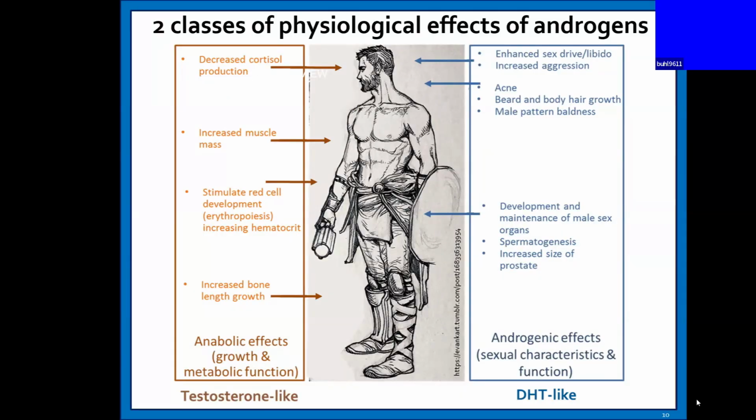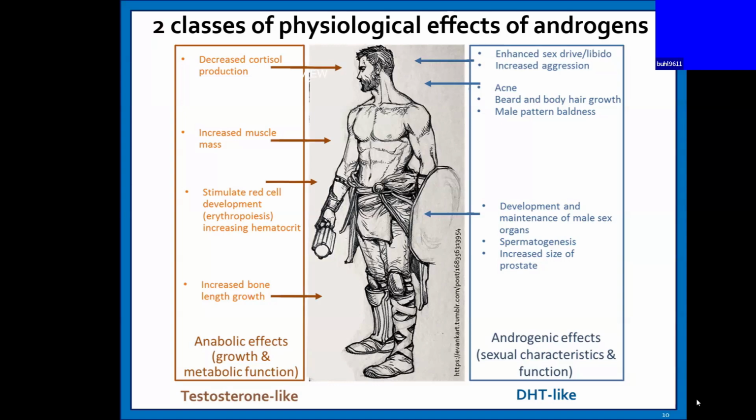The anabolic effects are going to be things like we're going to see decreased cortisol production, and cortisol, the what hormone? The stress hormone. We see increased muscle mass in general, and all this is a spectrum of how much. Not every guy has massive muscle mass, and not every woman has low muscle mass, but increased muscle mass by testosterone. A lot of times what you'll see is increased ability to gain muscle mass. So it's easier for guys to build muscle mass than for women usually.